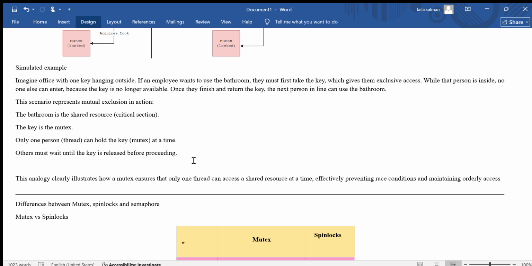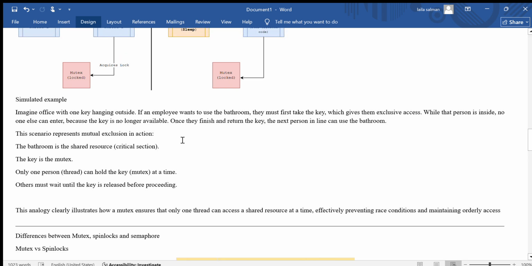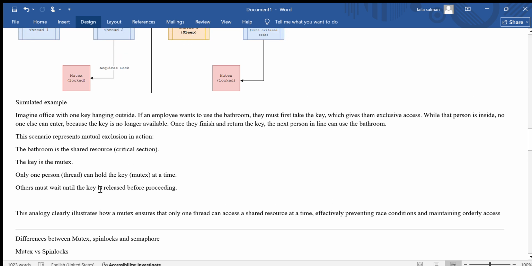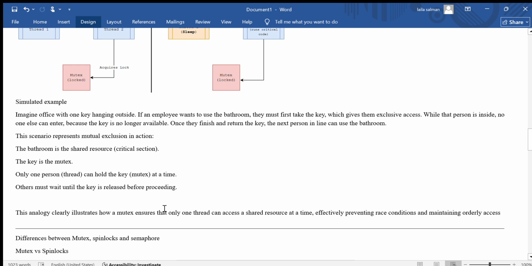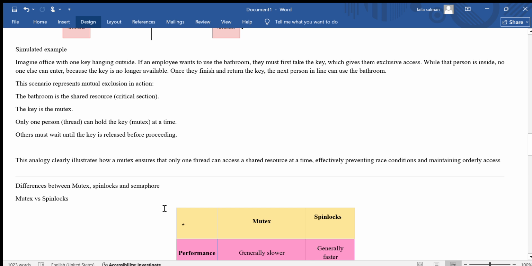Others must wait, or as we said here, sleep until the key is released before proceeding. This analogy clearly illustrates how a Mutex ensures that only one thread can access a shared resource at a time, effectively preventing race conditions and maintaining orderly